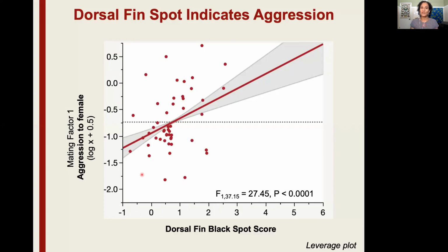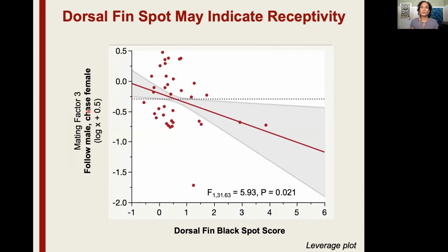We found a positive relationship between dorsal fin black spot score, so how much it darkened, and aggression from one female to another in the mating context. This spot also darkened in the foraging context, but there was no significant relationship to aggression. So this spot appears to indicate aggression in female-female aggressive encounters. The dorsal fin black spot